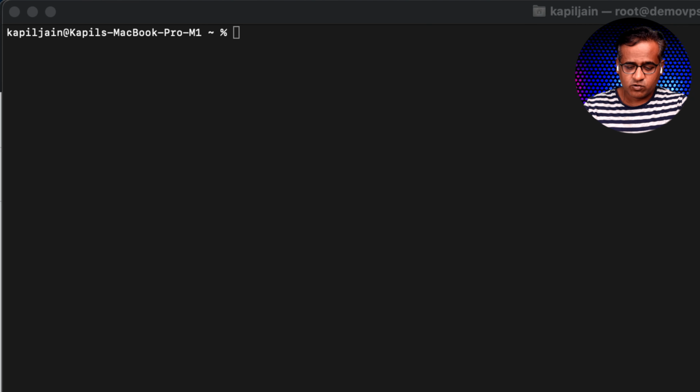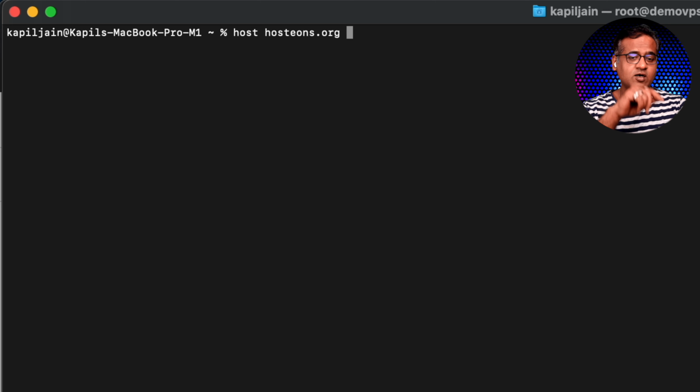The simplest way to find it is, suppose I want to find it for hostions.org. So what I will do is I will just go to command prompt. I will try hostions.org. That's the domain. Now suppose if I just run this command, it might give me any random IP address, or it might give me the wrong IP address, because it is possible I might not have set correct name servers for this domain. So what I'm going to do is go back to your web hosting activation email, find the name servers that your web hosting provider has asked to change for your domain. In my case, the name server are